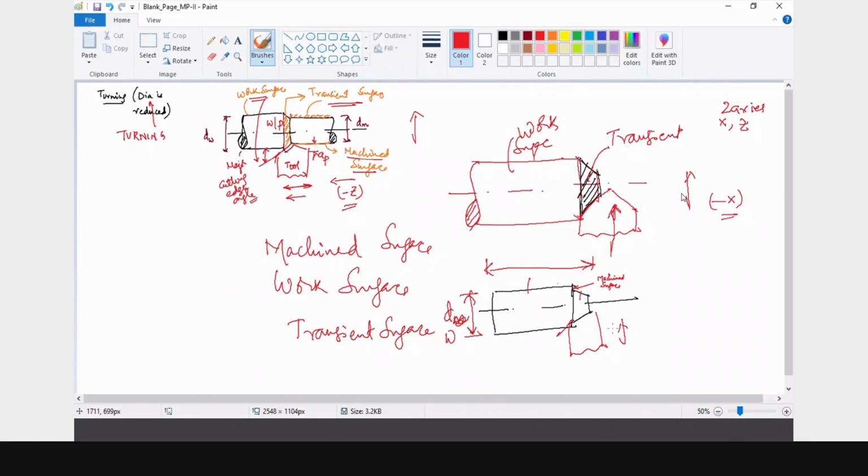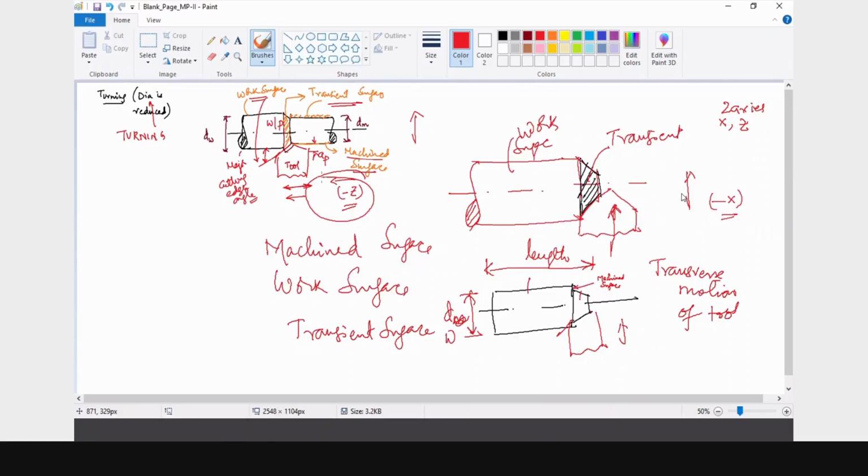The length is going to reduce. So this will be your basically transverse motion of the tool. This is what we said, the longitudinal motion of the tool. So longitudinal will give diameter reduction, transverse direction will give length reduction.